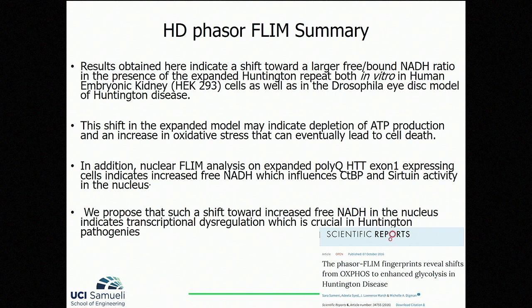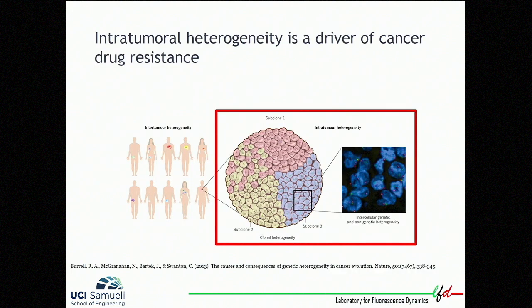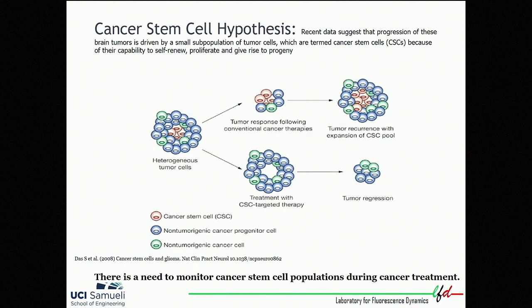impact of this form. So finally, I would like to show you an example of some work that we're doing in the lab in regards to human-associated diseases. This is looking at heterogeneity as a driver of cancer drug resistance. One of the things we're interested in is the cancer stem cell hypothesis. And what you see here is that recent data has suggested the progression of these brain tumors is driven by